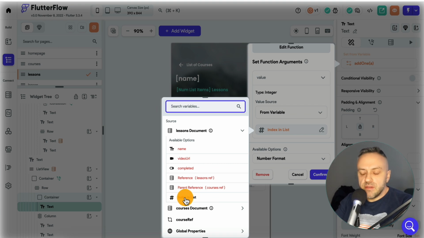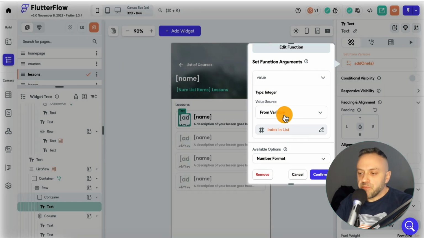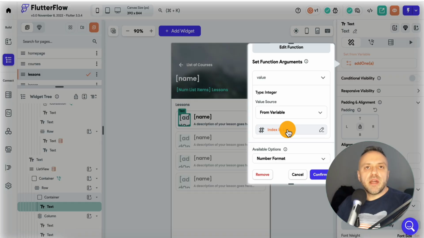And if they did not give us an ability of passing this value, we would have had to pass an array. And that would make our function a little bit more complex, okay? And when you are writing functions, you want the complexity to be done by FlutterFlow. You do not want the complexity to be done by you inside of your function. Remember, we are looking to leverage the tools that we're using as much as possible to the max. And so if we can pass an individual value and just add one to it, that's a lot better for us than if we had to deal with an entire array.